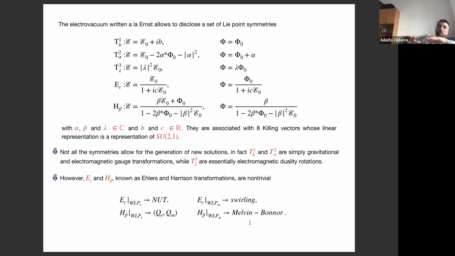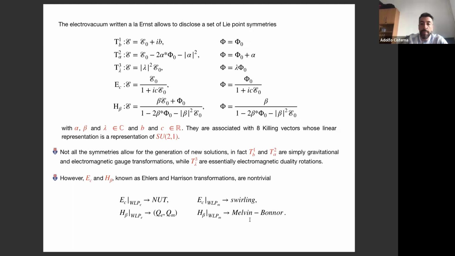That can be integrated by brute force. There is a way to do it without using this technique. But anytime you want to put even Schwarzschild on top and magnetize, somehow electromagnetize something beyond Minkowski, this is automatically too difficult to be done by brute force integration of the field equation. And then you need to use these symmetries.